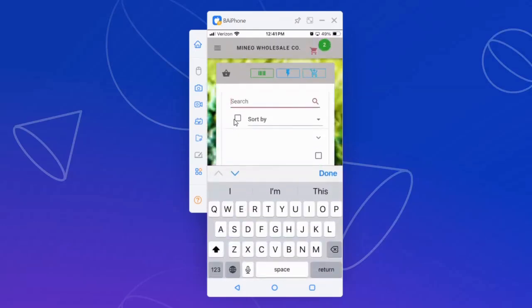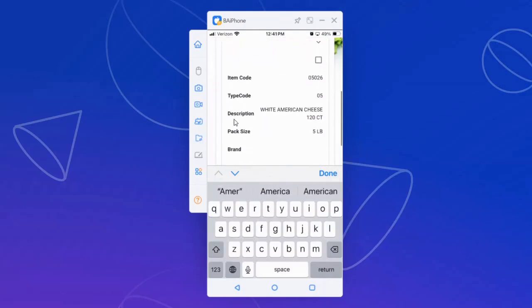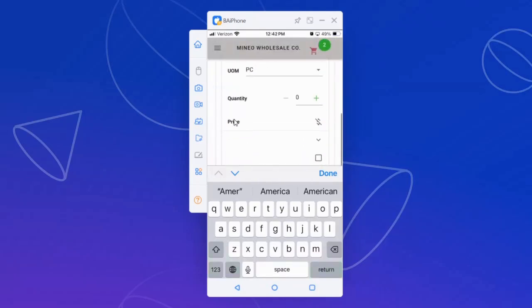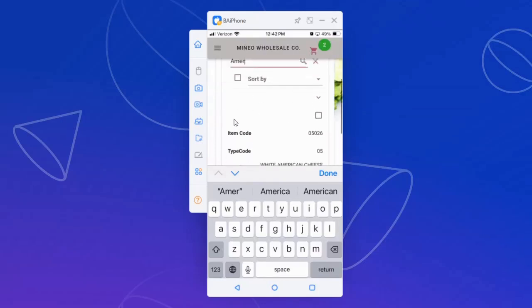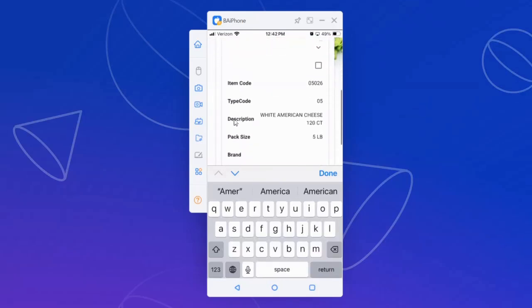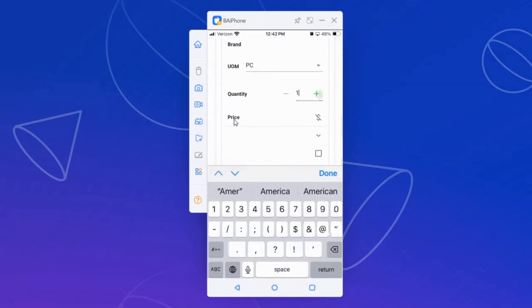Again, we're only going to type AMER, and that'll bring all of the American cheese items. There's, I think, 3 or 4 of them. And we just want to order a piece of the one that appears at the top, the white American 120 count. Again, we click on the plus sign,